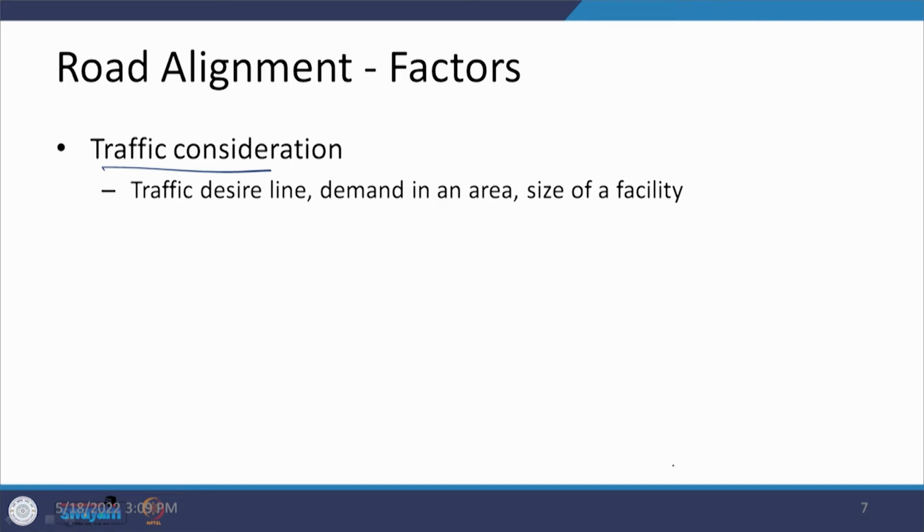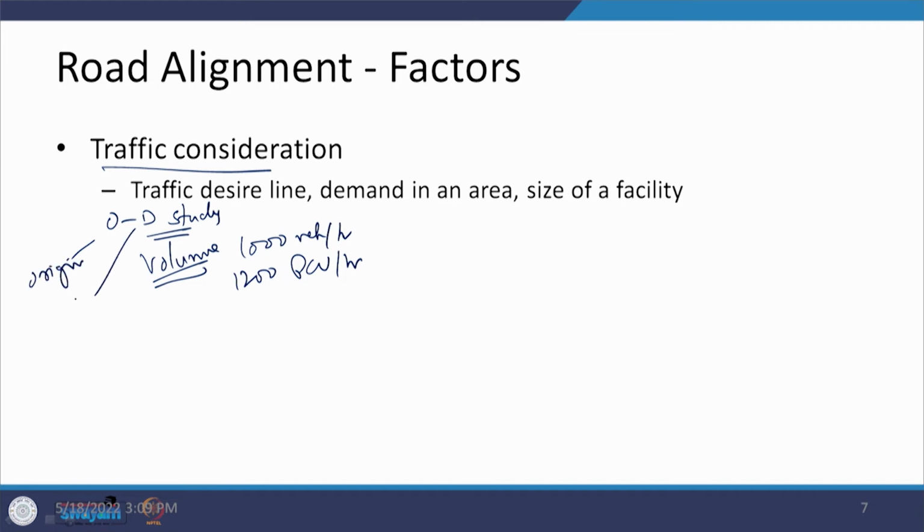Now, when we talk about traffic, we are talking about the volume. How much traffic is there? 1000 vehicles per hour, or we can talk about 1200 PCU per hour. Different notations are there, and these particular notations we have discussed when we were talking about the various factors. So, what is PCU, what is this traffic? So, when we are looking at this particular volume and we do the studies related to the traffic, say we do an OD study. OD study is origin